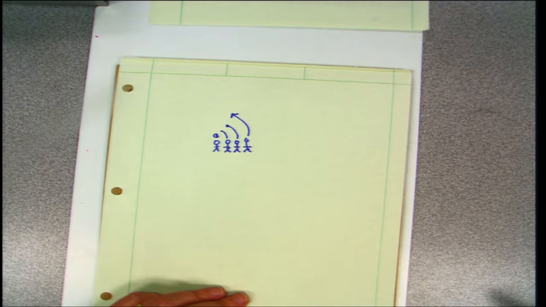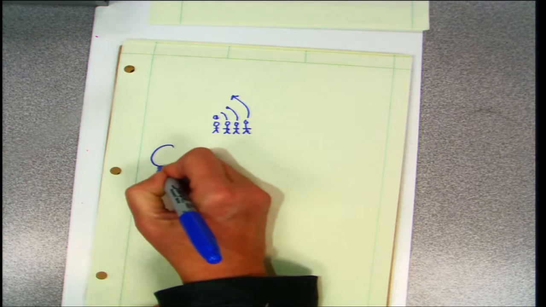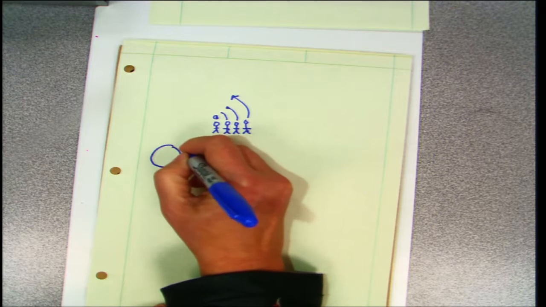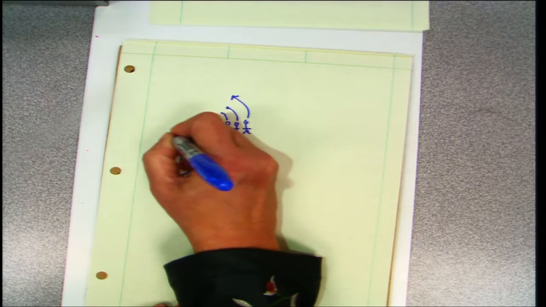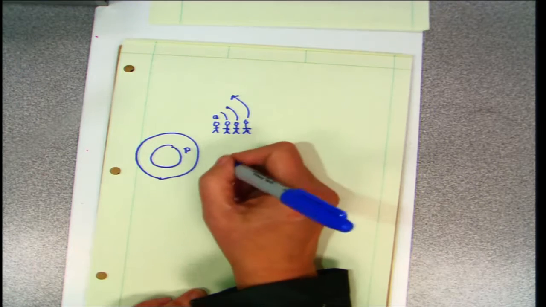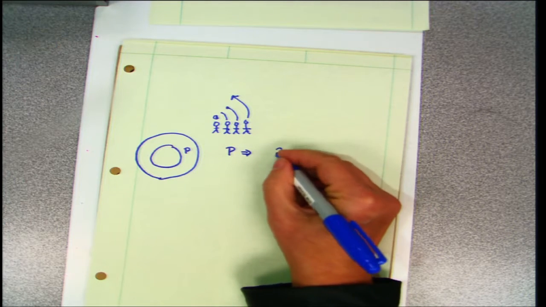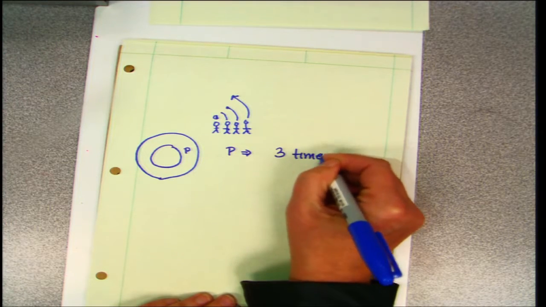So let's take a circle here, and let's take a tire. I'm going to use Pirelli tires, and I've got a Pirelli tire here with the letter P on it. We're going to say that P goes around 3 complete times before we stop. If we think about it in terms of degrees, it's 3 times 360, and P is going to have traveled